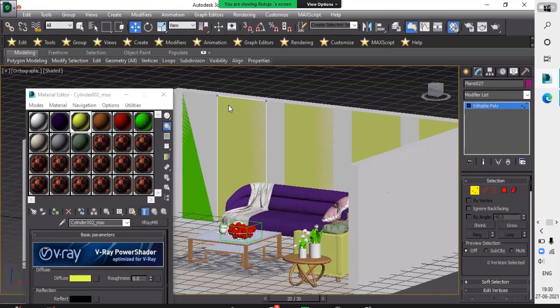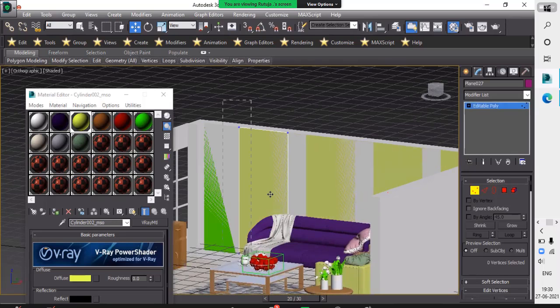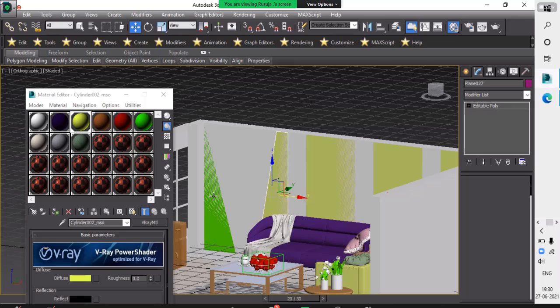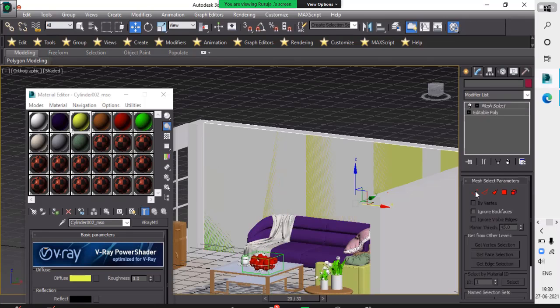So go with this. I change the thickness first and drop it like that. I think we need to increase this size.